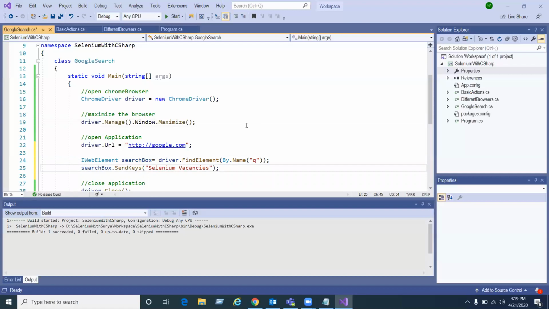This is for you to understand initially, but later we will write it in a single line only. Generally, as an automation engineer, to automate your application you are going to write thousands of lines of code. If you write two lines for each and every element, then the project length will increase. So as much as possible, you need to optimize your code.